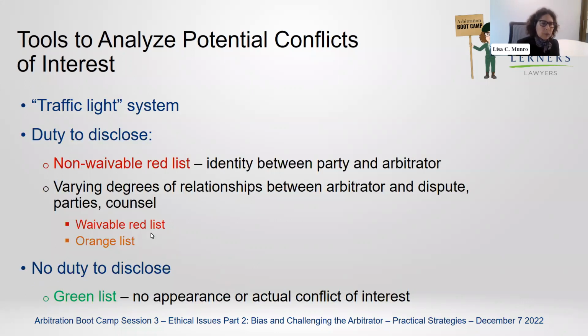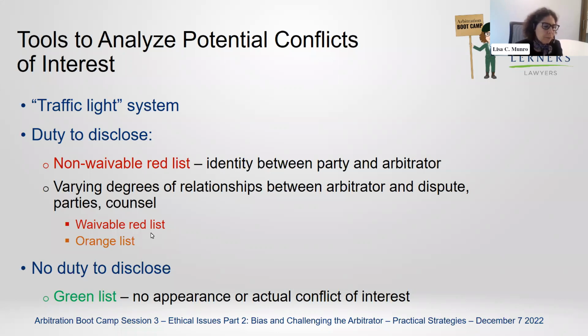Just before I get there, the non-waivable red list contains circumstances in which there are justifiable doubts as to the independence and impartiality of the arbitrator. So the arbitrator must decline the appointment or resign. And the principle is that no party can be his or her own judge. There is some kind of identity between the arbitrator and the party. And this is usually a very, very close connection, which invariably is something that can be learned at the outset of the arbitration. So it would be very rare that this is a kind of relationship that would be discovered